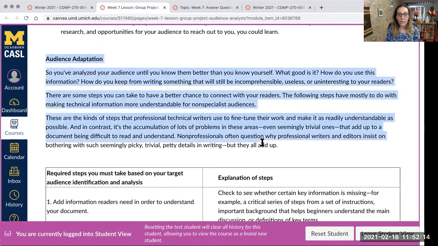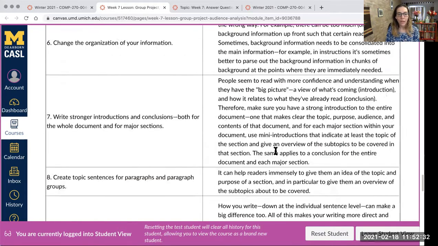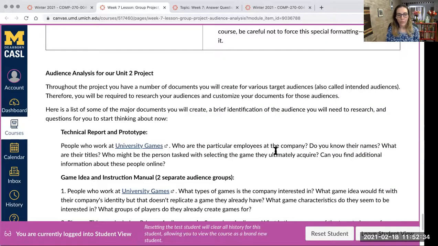that intended audience choice that you've determined affects the communication piece that you're creating and the different steps that you need to take to make sure that your documents are customized to your intended audiences. And this is something that you're going to need to use throughout the rest of the semester.